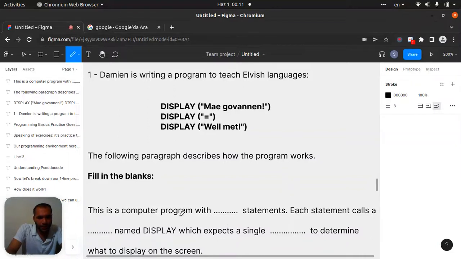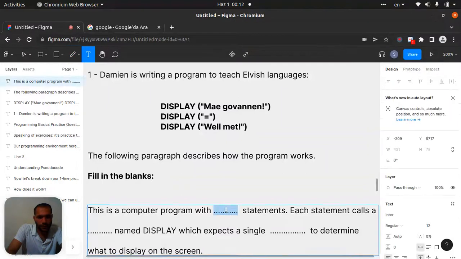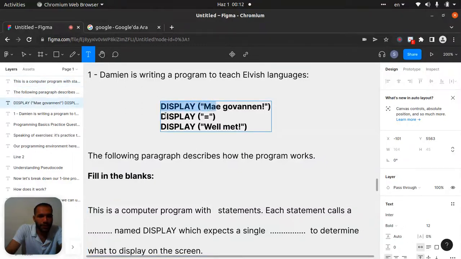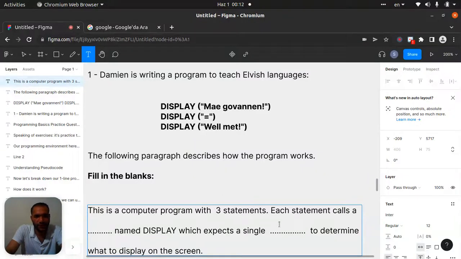This is a computer program with three statements. One, two, and three statements, right? These are statements. Three statements.